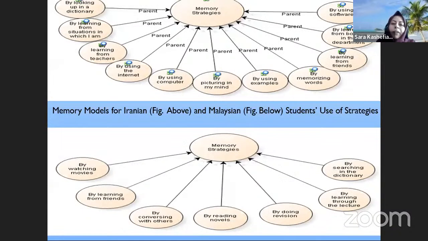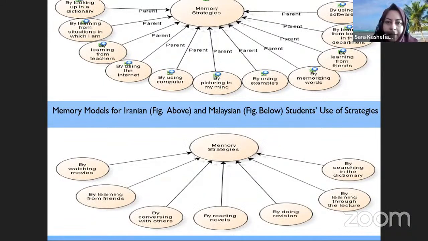Okay, I give you one of the questions which deal with memory strategies. The question was, how do you learn new English words or new English expressions? Which strategies do you use? So we use NVivo, and we noticed that memory strategies used by Iranian students and Malaysian students were a